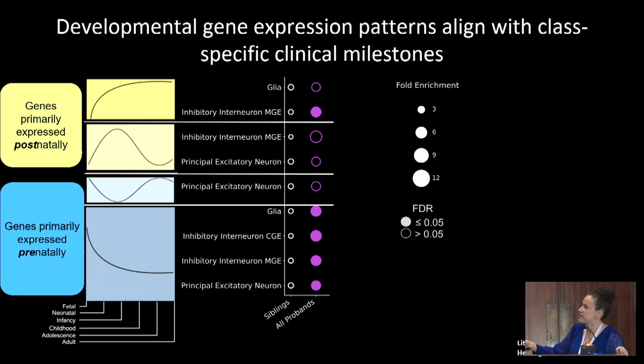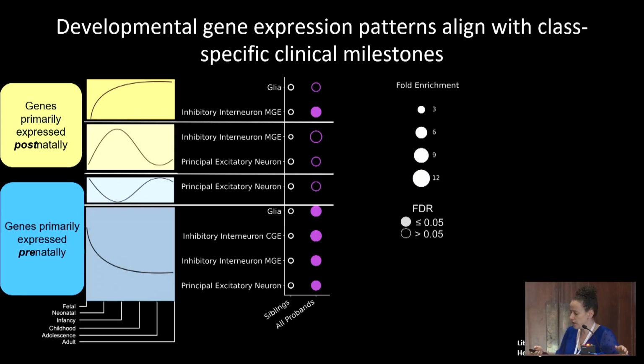Herring et al. is a data set of fetal gene expression, right? And that data set basically divided, for our purposes, the genes into four subgroups, but really for our purposes, there's genes that are primarily expressed postnatally in yellow, and genes primarily expressed prenatally in blue. And so now we can essentially map our variants for each subclass and say, where is the significant disruption happening? And of course, we're making an assumption that if a gene is not expressed, the mutation is obviously there, but the disruption is not really active yet.